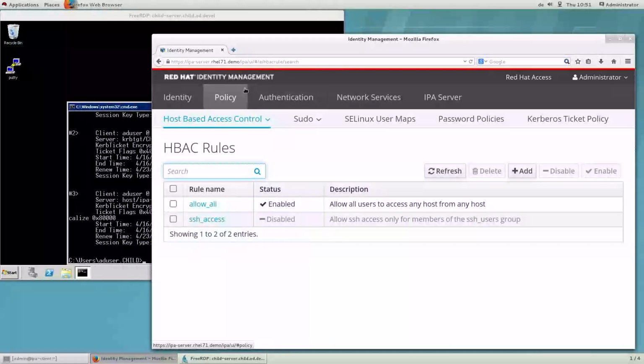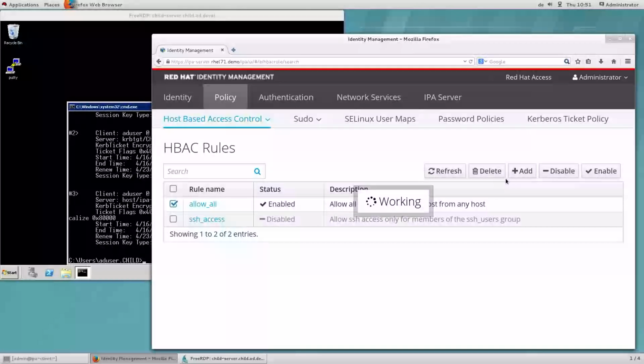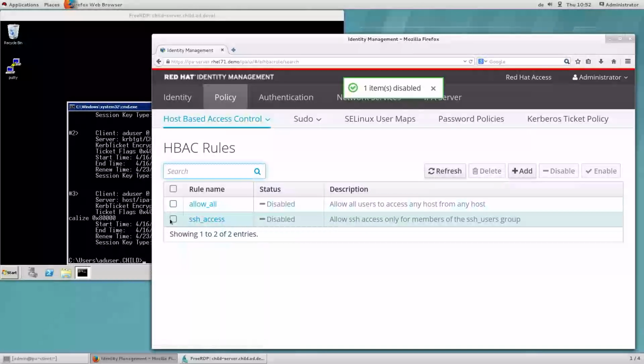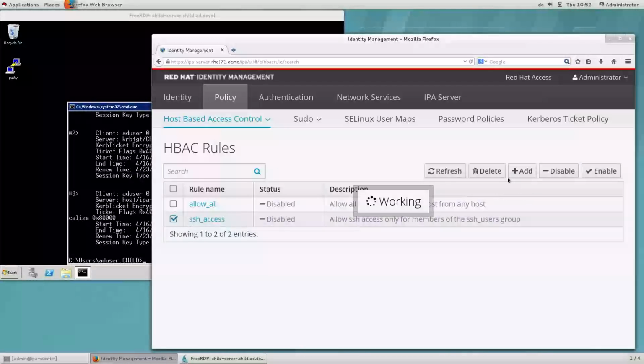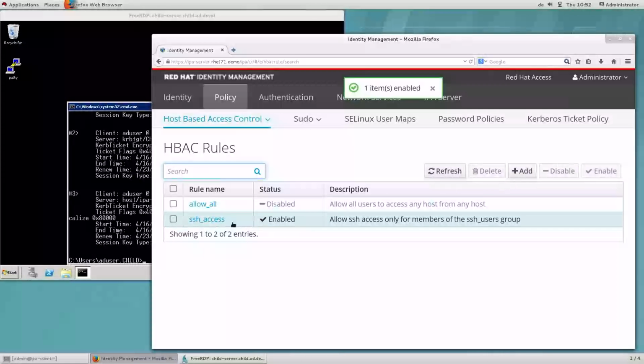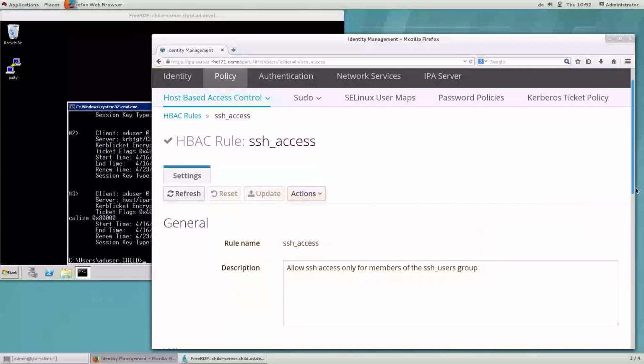To restrict access, we use the HBAC or host-based access control feature of IPA. By default, the allow all rule is enabled, and if we disable this rule and enable a special rule, which allows access via SSH only to users which are member of the group SSH users,